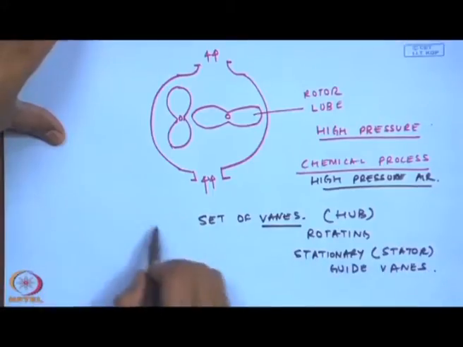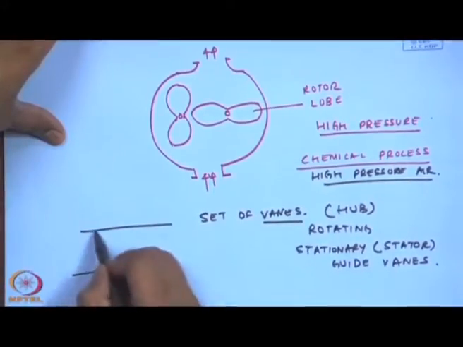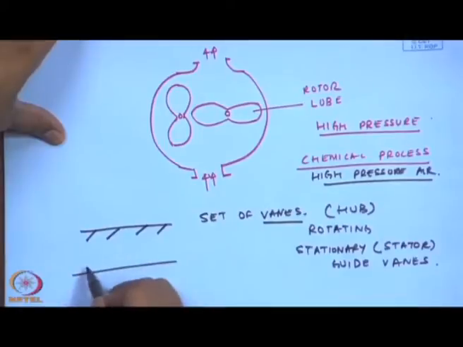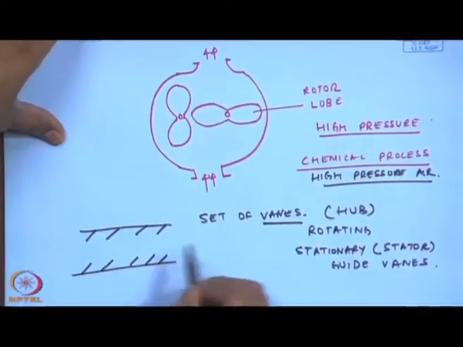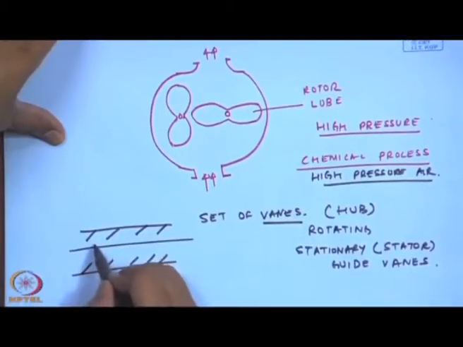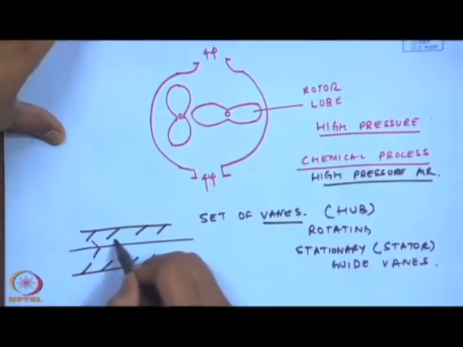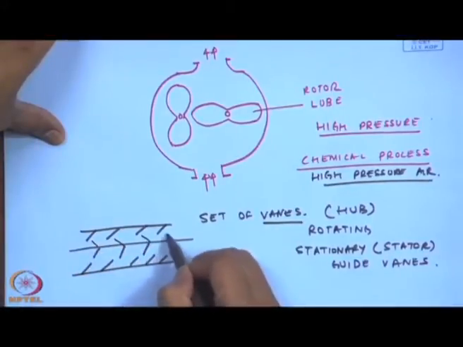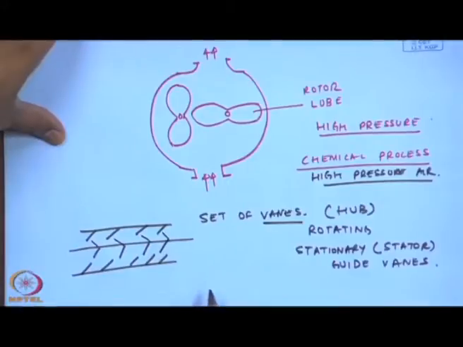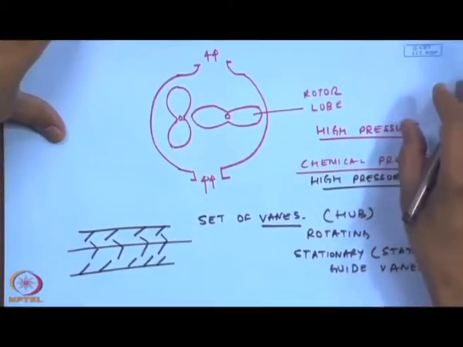That is, some sets of vanes are fixed, and then we have another rotor with another set of vanes. So, I can have multi-stage vanes and so on,